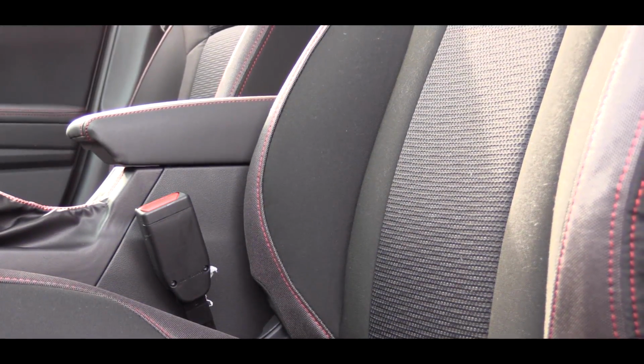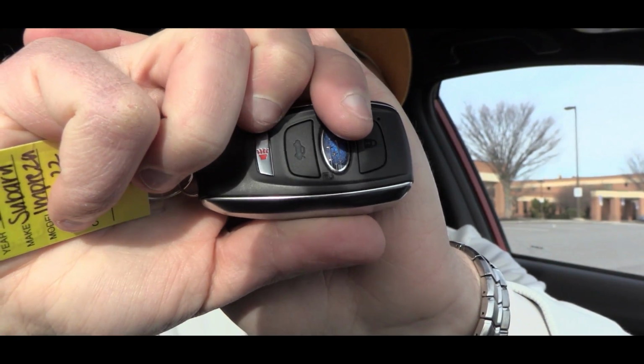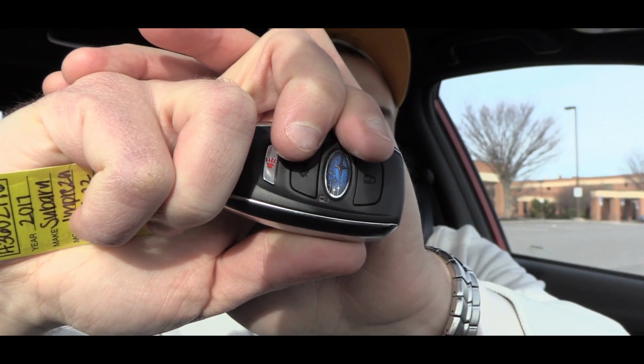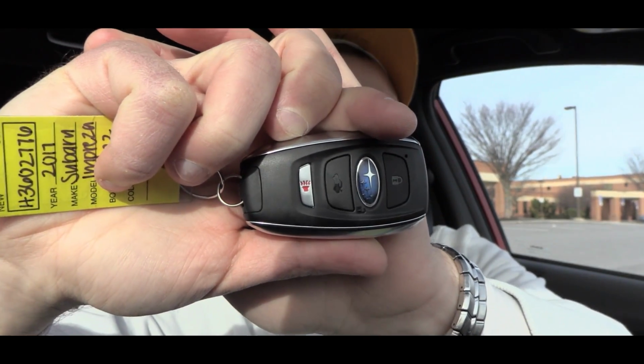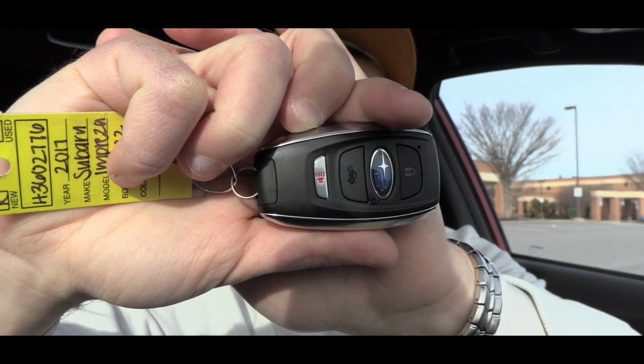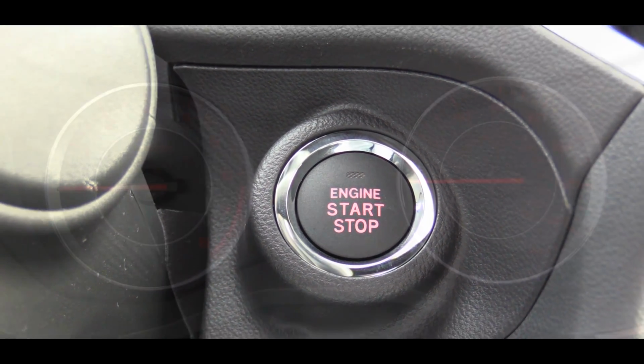And as far as the startup goes, let me show you guys the key here. You got your lock, and unlock is going to be the Subaru button in the middle there, believe it or not. And then you can pop the trunk with the very bottom button as well, so that's pretty cool. But anyways, this is keyless entry, so just leave the key in your pocket or put it anywhere in the vehicle, put your foot on the brake, press the engine start button, and then upon startup, the gauges are going